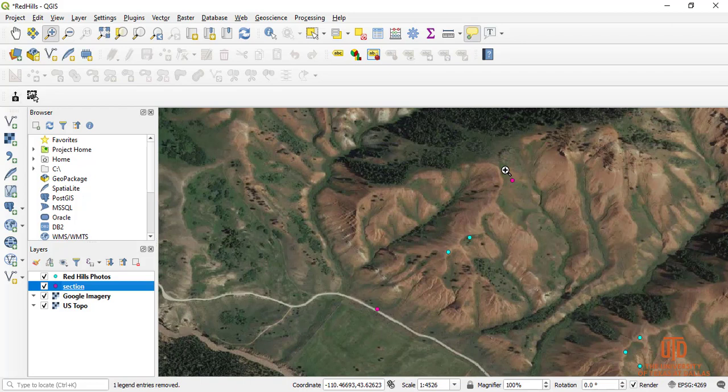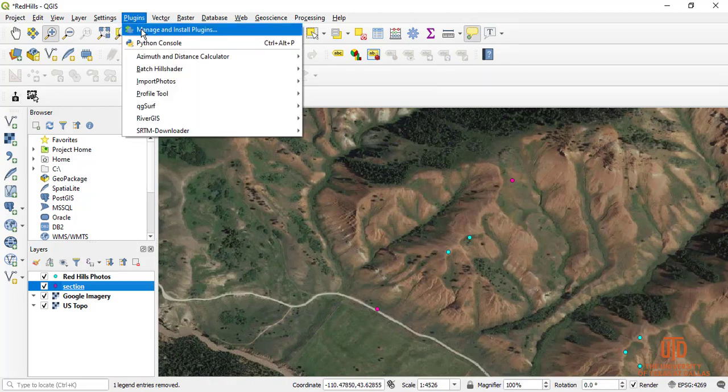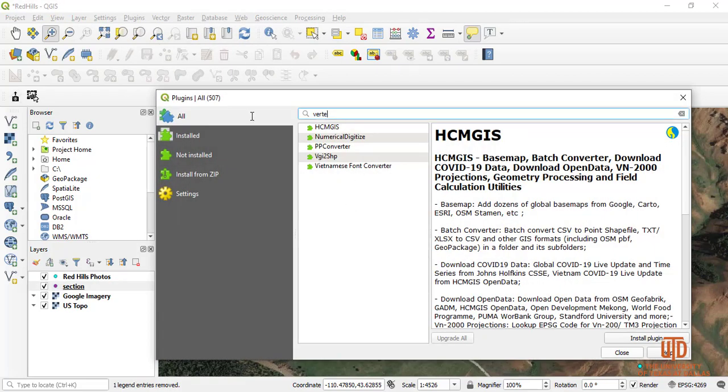And for that, we need to do 2 more steps. We need to first download a topographic map that is called a digital elevation model. And the next step indeed is to activate a tool that creates a topographic section for us. Let's start with adding DEM data. So for doing that, you need to go to plugins and manage and install plugins, and you need to search for